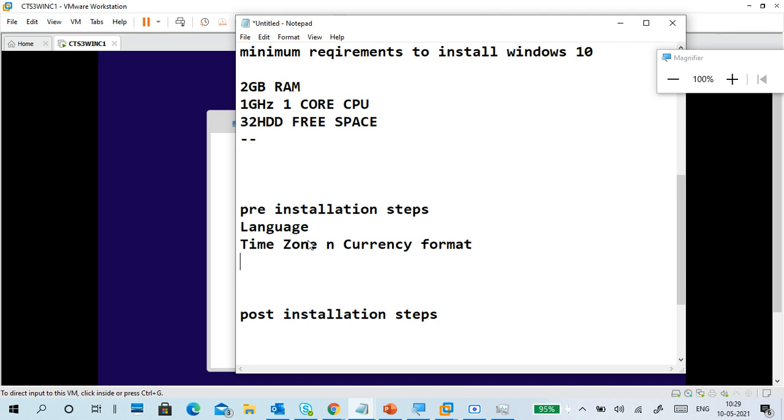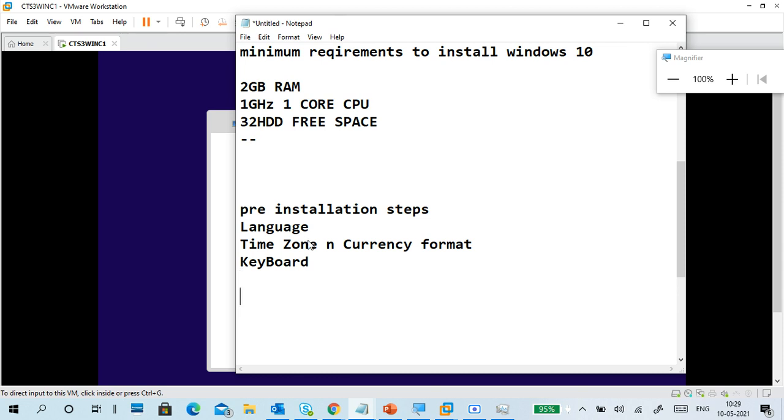Next one is the keyboard. It's the most common in almost all operating systems. It asks this kind of stuff: keyboard style, currency format, and time zone formats.